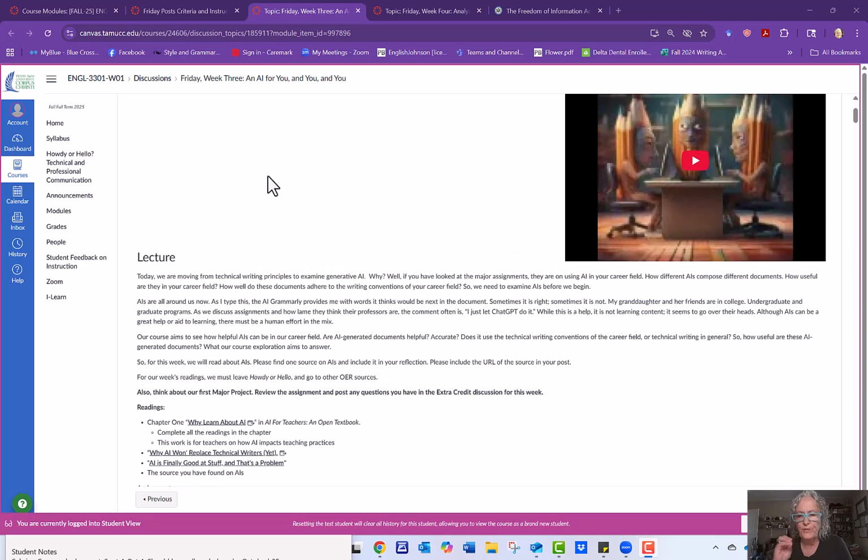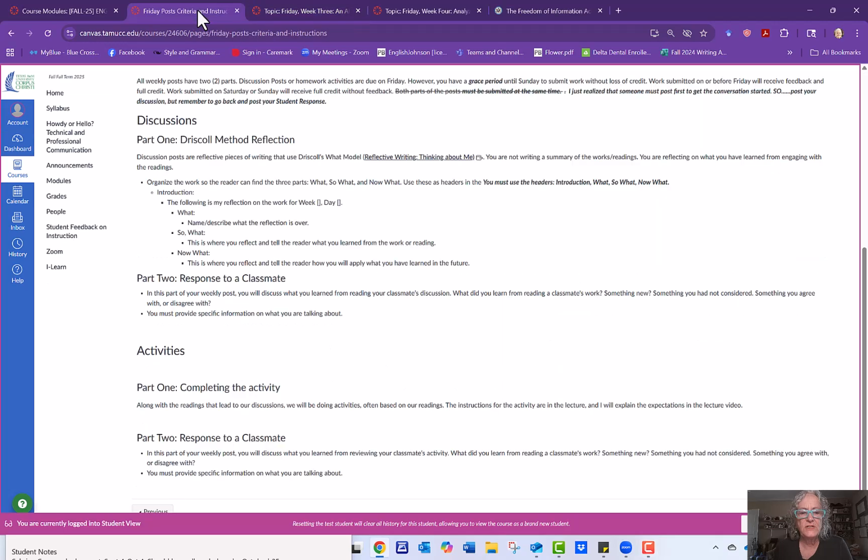Last time I'm going to go over this about the reflections. We're looking at the criteria again. The "so what" is where you reflect and tell the reader what you learned. If you look at the feedback I've given you, this section should have the phrase repeated multiple times: I learned, I learned.